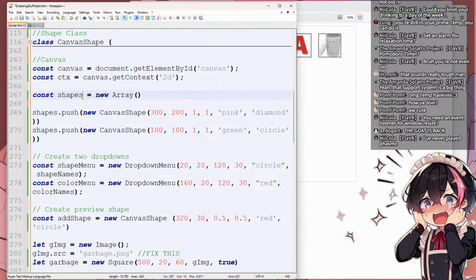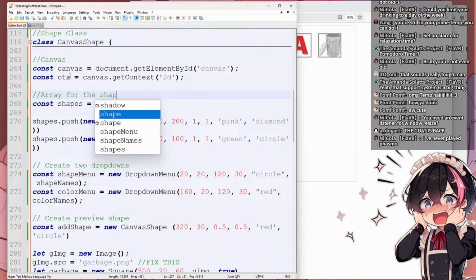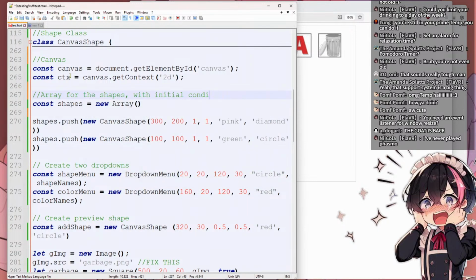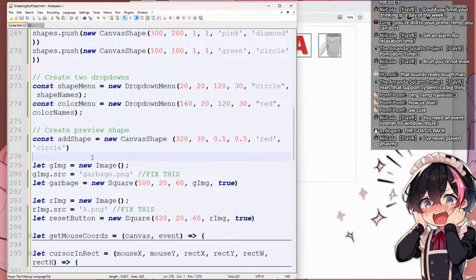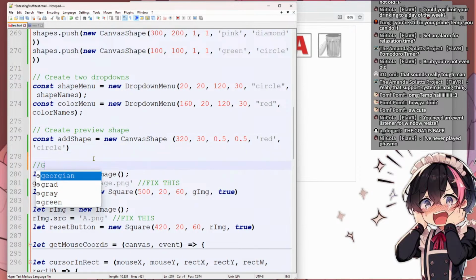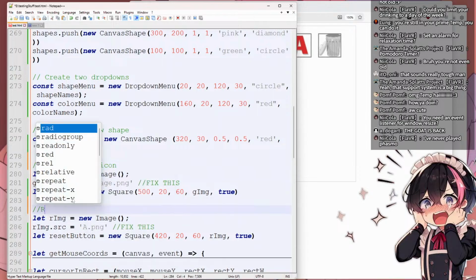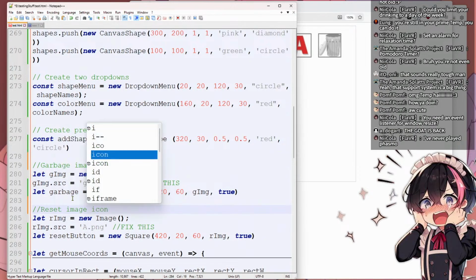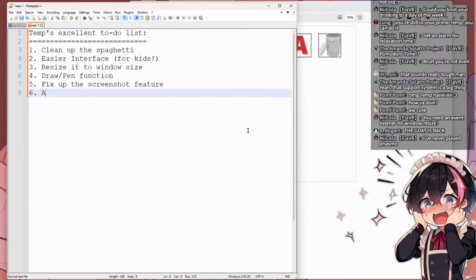Okay, so basically, yeah. Let's see. Array for the shapes with initial conditions. I'm just gonna clean it up a little bit like this. Create 2 drop downs, create preview shape, garbage image icon, reset image icon. Oh fuck, that's right. The other thing I wanted to do. Add